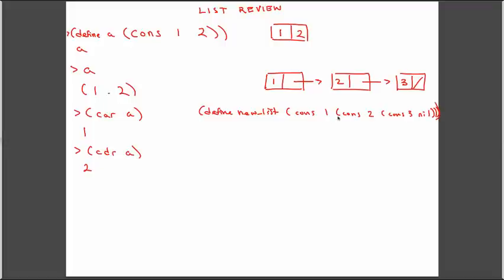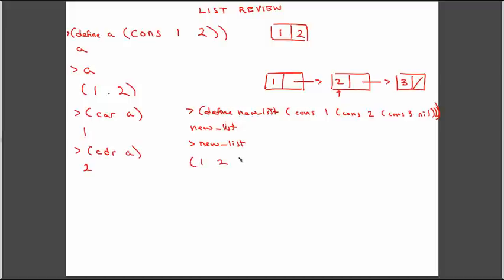What I've done is I've said the first element of this list is going to be a 1. And the rest of it is going to be a list that has a first element equal to 2, and then a rest that's a final set of pairs that's equal to 3, and then a nil value, which is how we close out our lists. If I write this in the Scheme interpreter, what I'm going to get out is new list. And now if I evaluate new list, I should get out 1